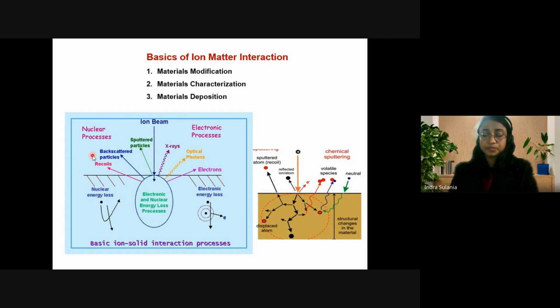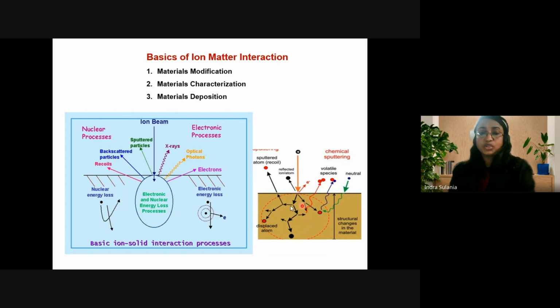And in the low energy ion beam, the ion interacts with the atomic nuclei of the target atom, because the ion is moving with a slow velocity, and it has ample cross-sectional time that it can actually interact with the atomic nuclei, and it can displace it to form a vacancy, and it can displace the atom, and it can sit somewhere else randomly to create interstitials in between the unit cells. So the crystalline property of the material can be tuned a little bit by creating defects in terms of point defects, vacancies, and interstitials.